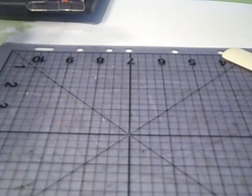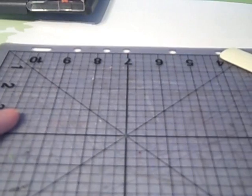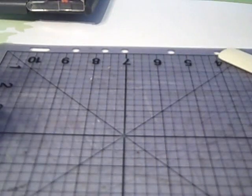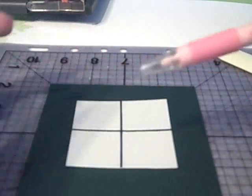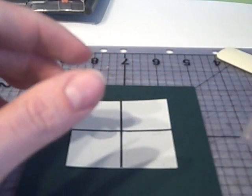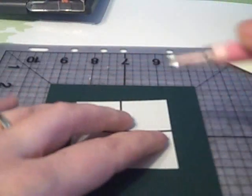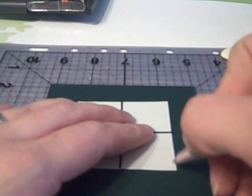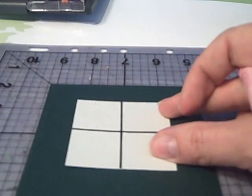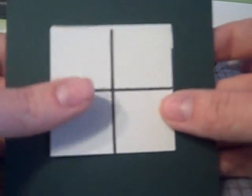Another tool that I use a lot is this cutting mat or a piece of graph paper or something that helps you to make sure that you're finding the middle of all of your pieces. The next tool that I have is just a little X-Acto blade or cutting knife, whatever you want to call it. And what I'll do is cut a window around the perimeter of this little measuring square. Once you have your window cut out